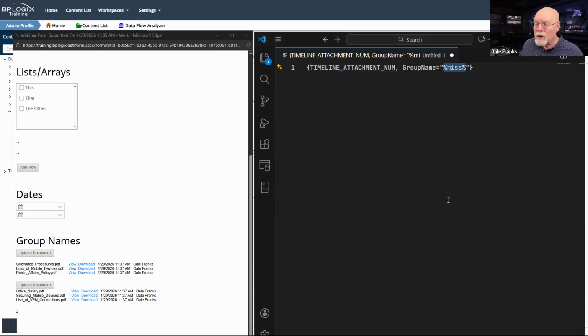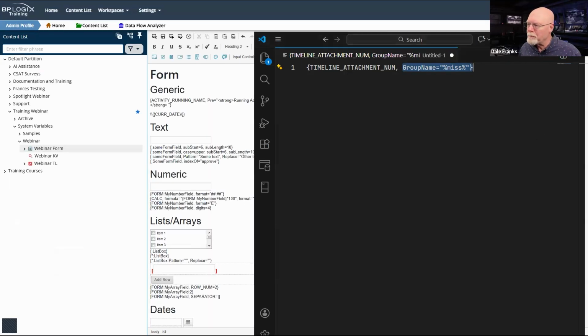So the wildcards are kind of cool. And so if I'm doing text searches, especially through things like group names and what have you, it's really easy to use these wildcards to return the data that I want to see whenever I pull it back. Without this modifier, timeline attachment number, of course, would return just a plain old 6 because there are 6 attachments for this process timeline.